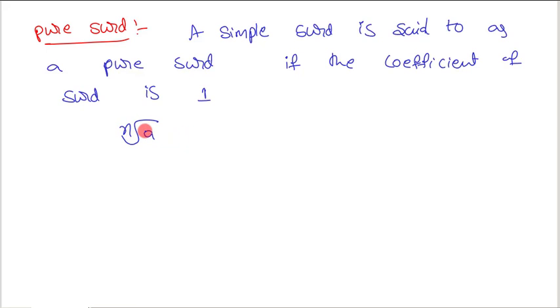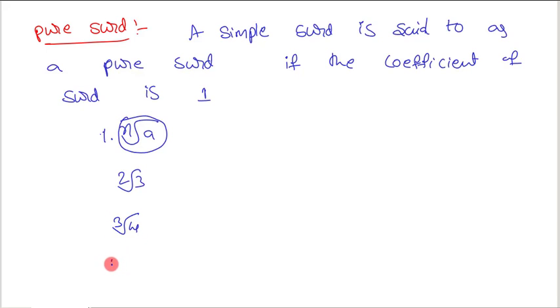Why? Because what is the coefficient of this nth root of a? There is no other number which is multiplying to this, so we'll take it as 1. So if the coefficient of a simple surd is 1, then it is said to be a pure surd. Let me take some simple examples. We have taken examples like square root of 3 and cubic root of 4